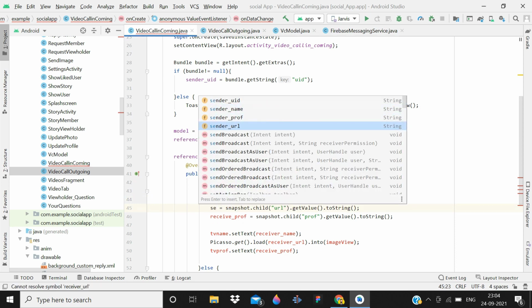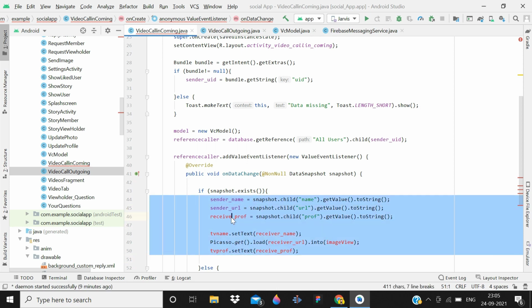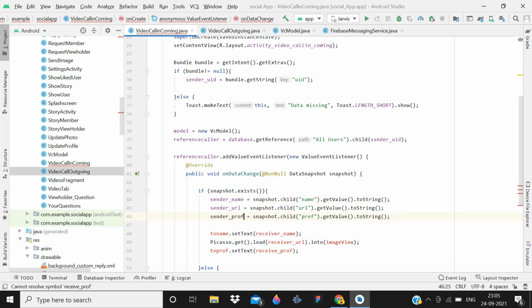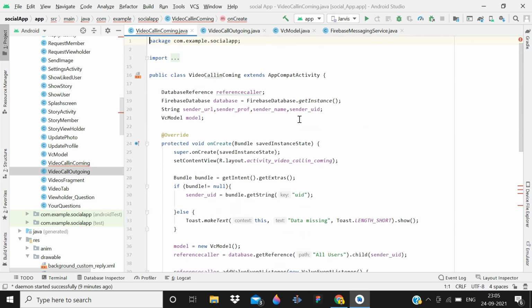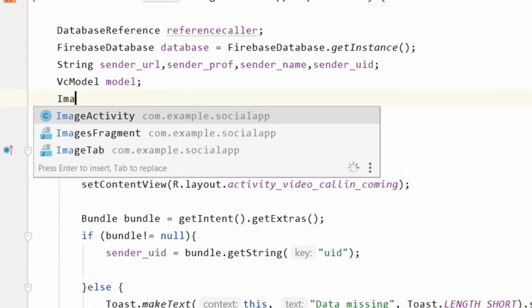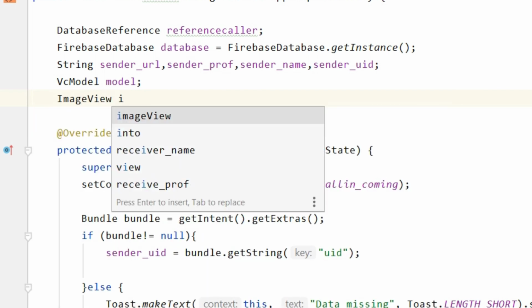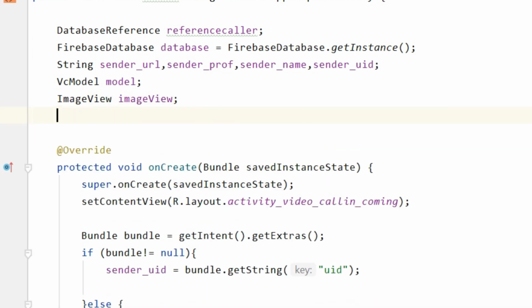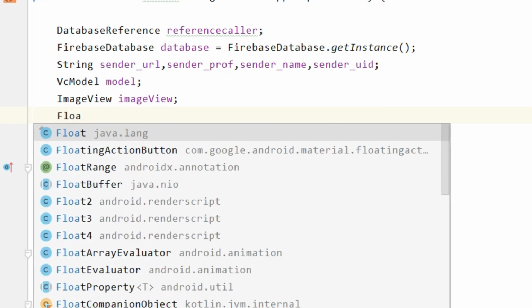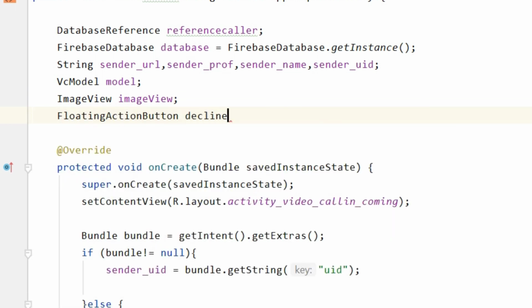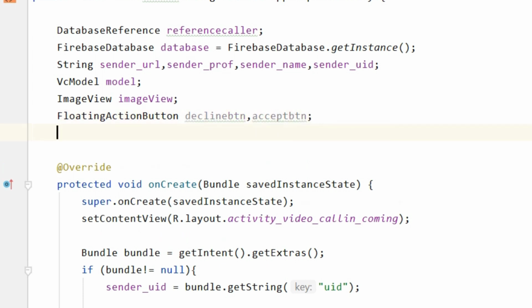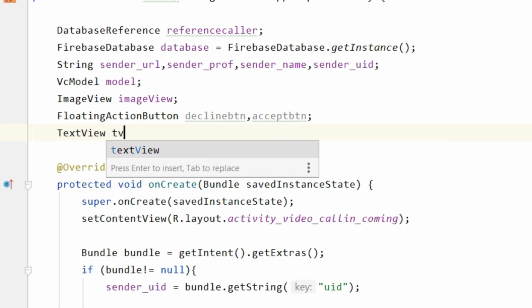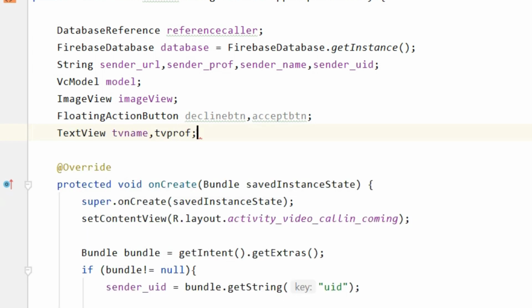So simply write sender URL, then sender profession, and this time some image views, image view, image view, then two floating action buttons, decline btn, accept btn,